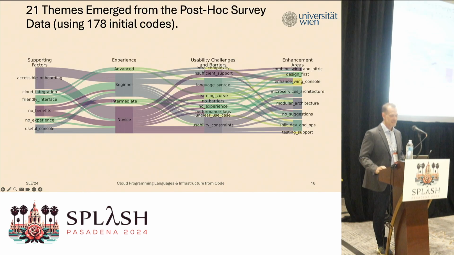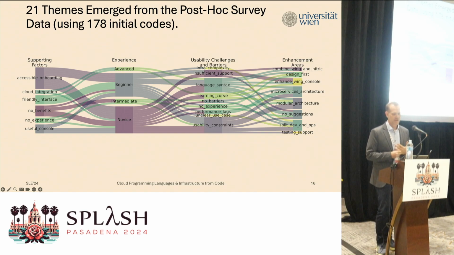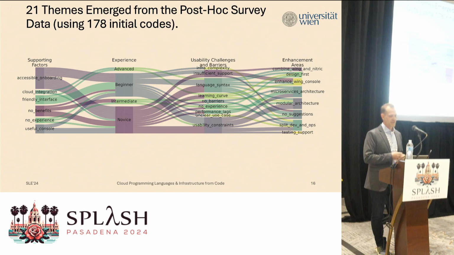So what we did is a thematic analysis of the post-hoc survey. There were 21 themes emerging from the survey using about 178 initial codes. And we used this method to understand also the experience with this IFC, infrastructure from code, approach, and to highlight